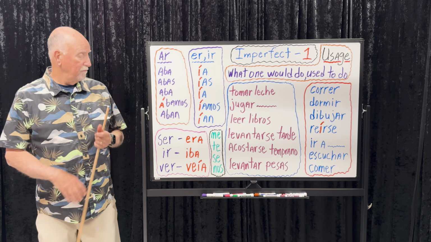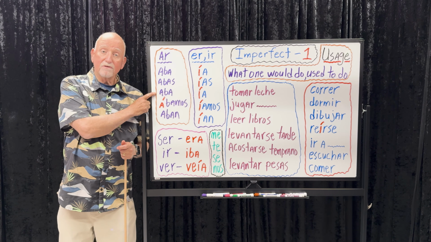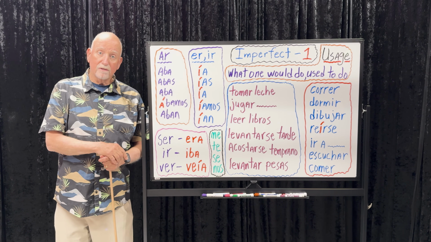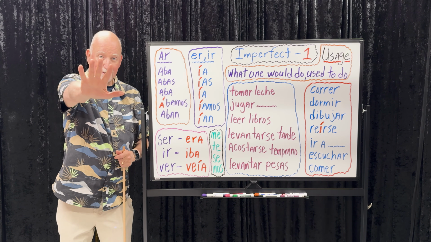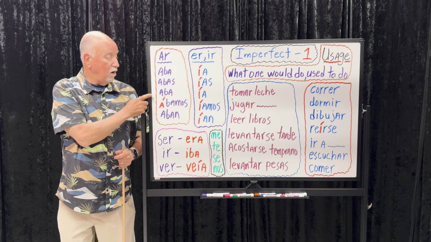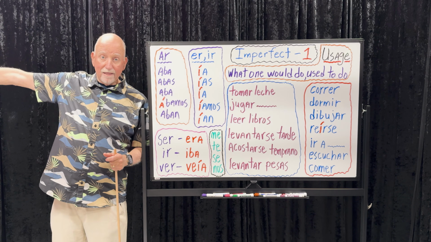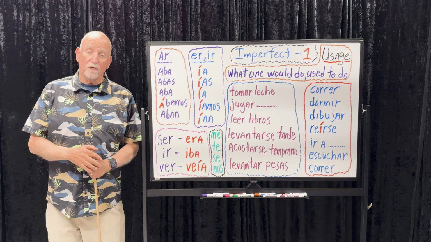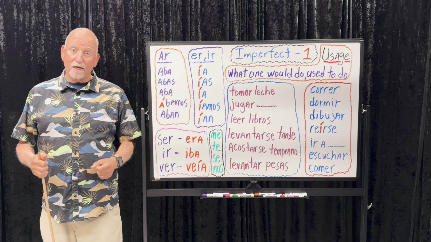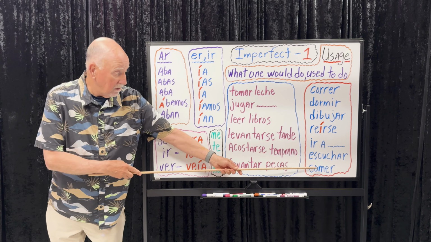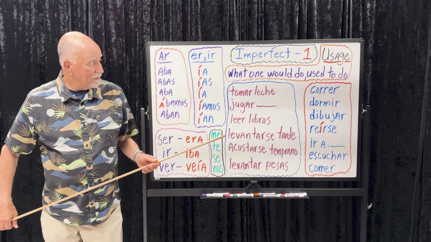Levantaba pesas. Arnold Schwarzenegger used to lift weights every day of his life. Arnold Schwarzenegger, habla a la mano. Talk to the hand. You remember that line? Arnold Schwarzenegger levantaba pesas todos los días de su vida. Arnold Schwarzenegger era muy grande, era muy fuerte. ¿Por qué? Why? Because he ate well, comía bien y levantaba muchas pesas. All right, there you go.